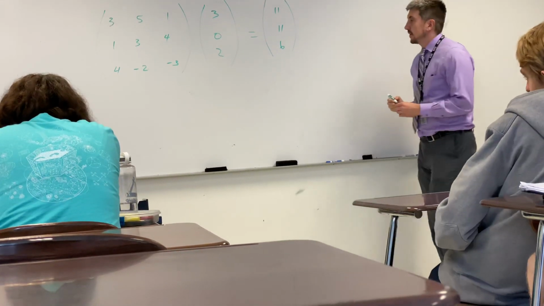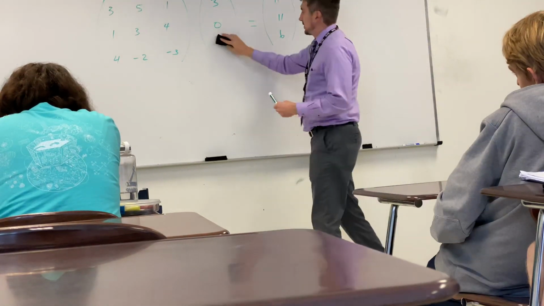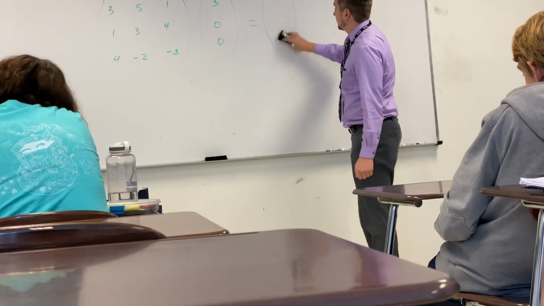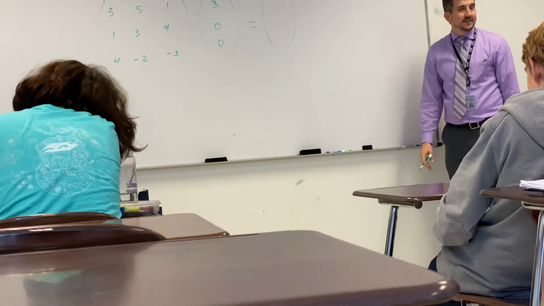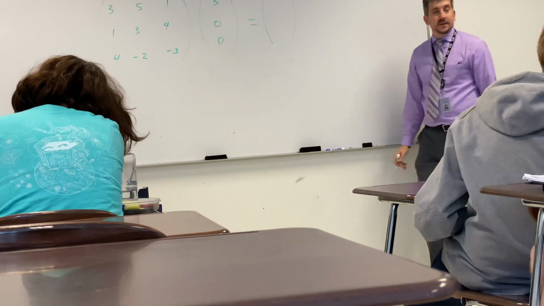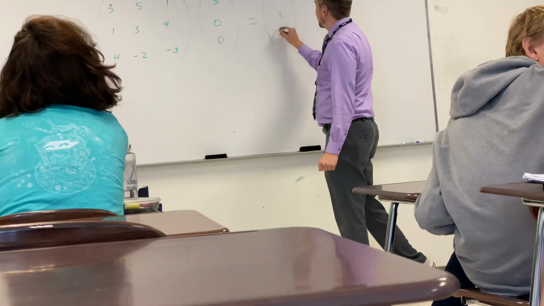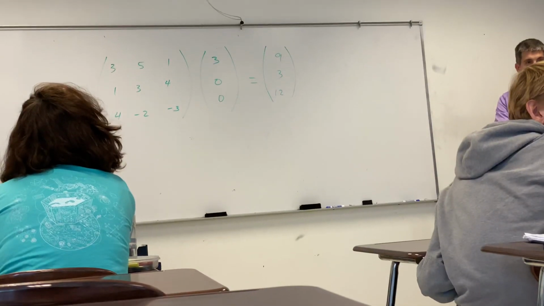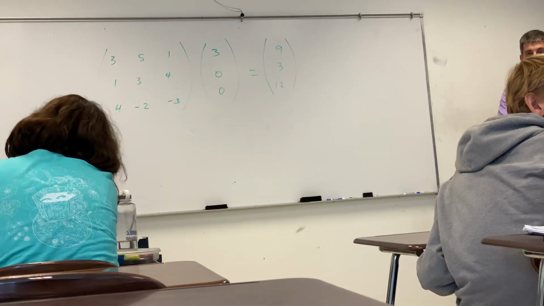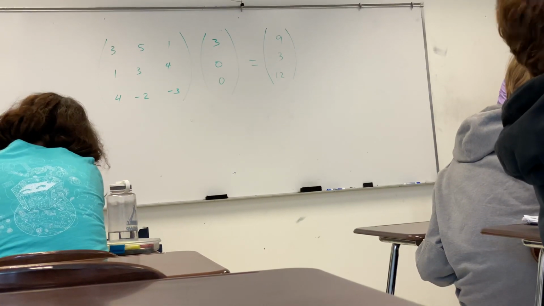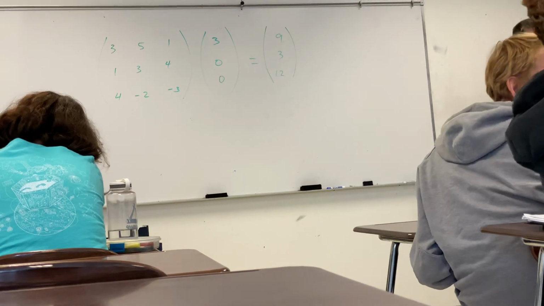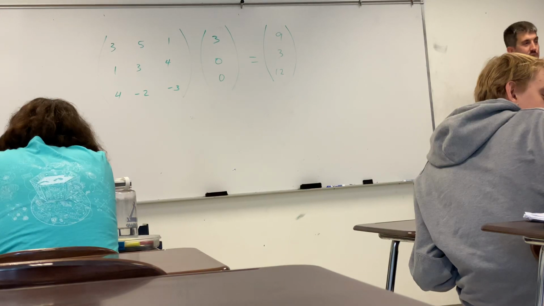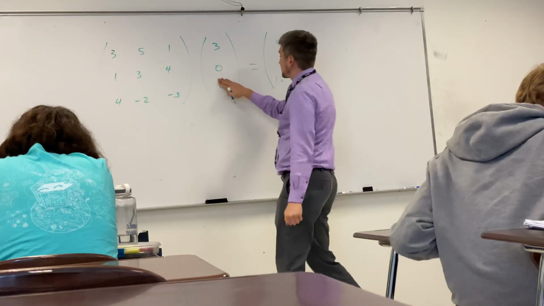Okay. What if it had just been 300? What would it be? 9, 3, 12. Don't look here. Right? Because what is this then returning? Just the first column. How many times the first column? 3 times the first column. So when this was 302,